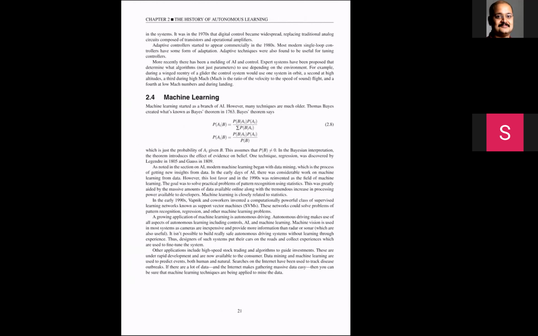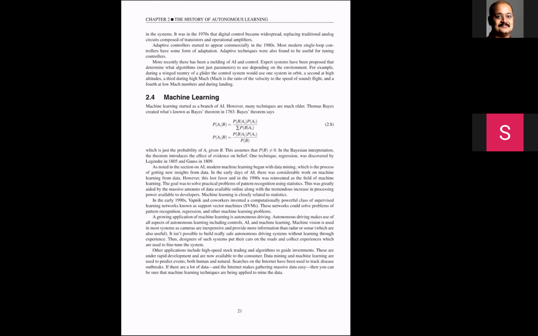Now I want to talk about this because some of you may be familiar with this, some of you may not. This equation is super important. This equation is called Bayes theorem. How many of you know what Bayes theorem is? Bayes theorem is a very fundamental theorem in statistical machine learning. So think about it like this. What is the probability of A happening, assuming B has happened? So there are two events, and both these events are probabilistic.